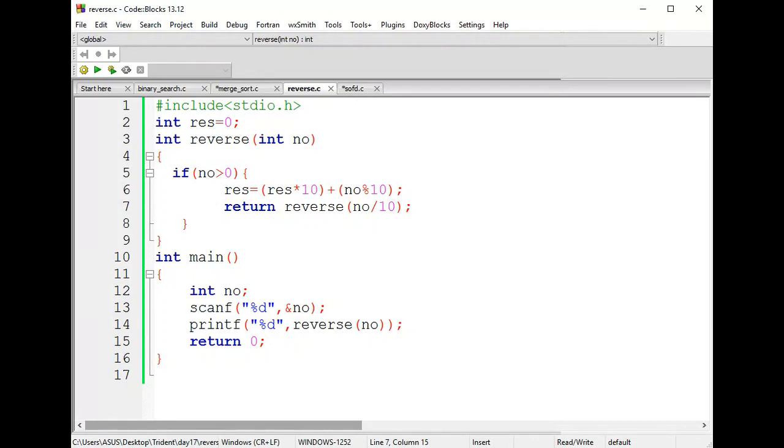Just a minute, guys. We'll fix it, a small error is there.